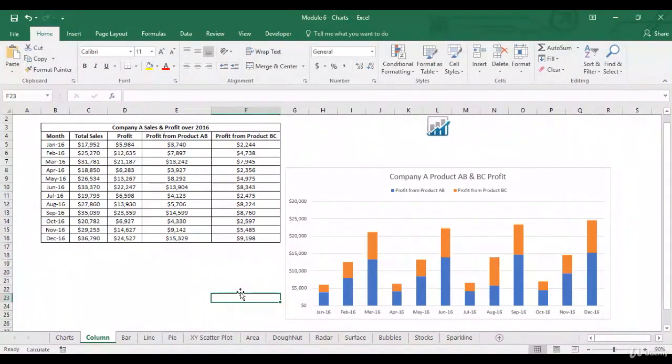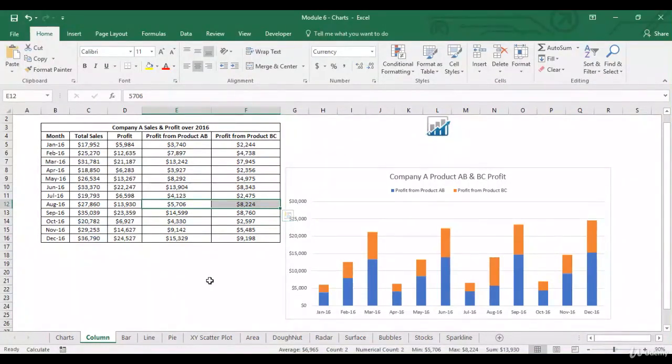There are some observations over here. One is something which we had discussed in the previous chart also, that the profit increases at the quarter end and then it reduces at the beginning of the next quarter. Then it again increases. Then profit has been increasing ever since. If we look at the quarter ends also, December had the maximum profit. And there is another one that most of the times product AB is contributing more to the profit as compared to product BC. But there is one month, August 16, where product BC is contributing more as compared to product AB,